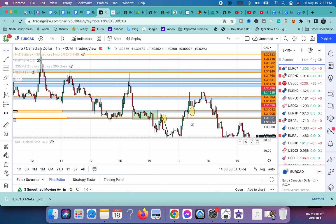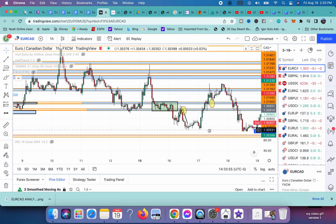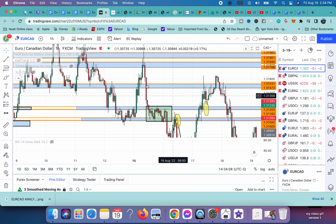So here we are, guys, EURCAD. As you can see, this is the 1 hour chart. We're in a downtrend on EURCAD. For me, I do all of my markups off of the 1 hour and I enter off of the 15 or the 5 personally. So looking here, this is where everything started with this section right here, where I